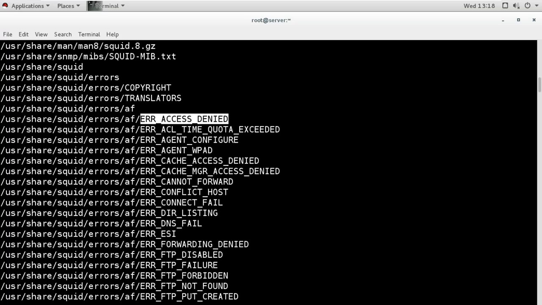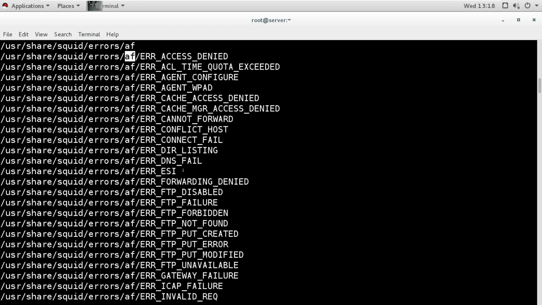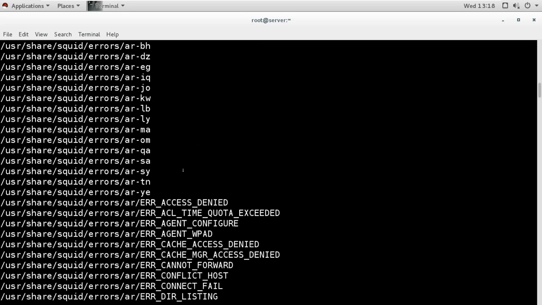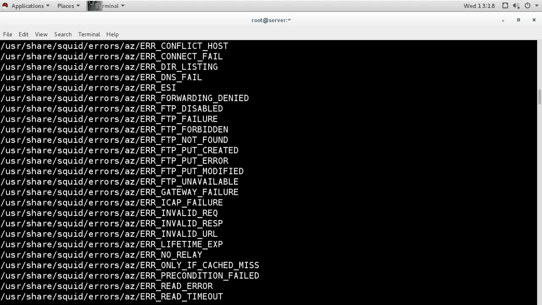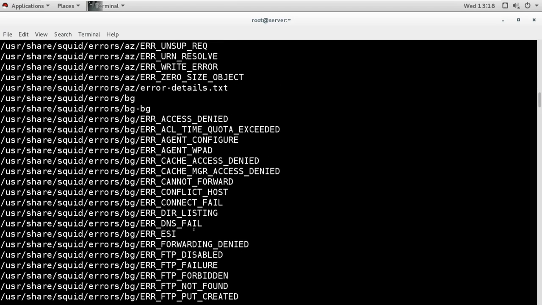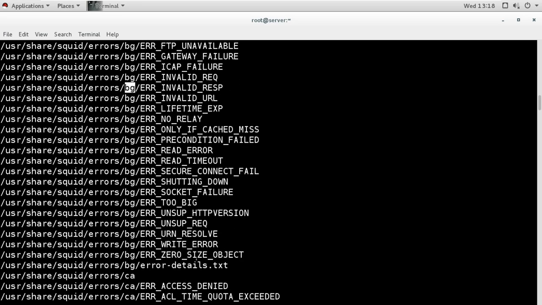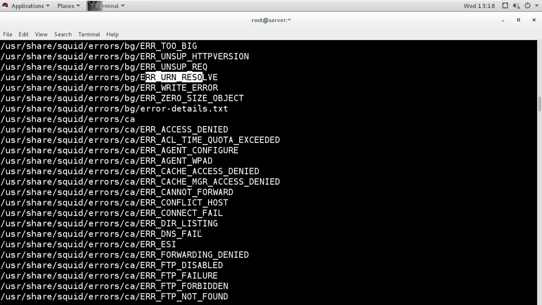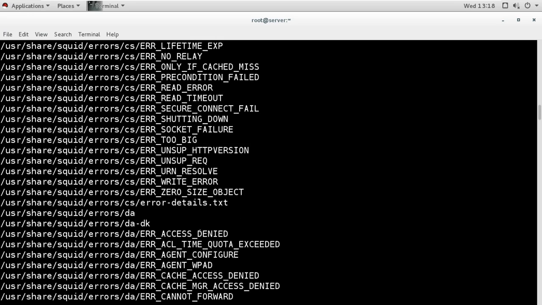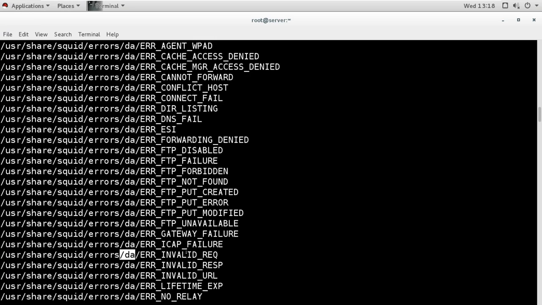Why? Because the error pages are in different languages. You can see this is a different language, then this is in a different language. Same errors but in different languages. Based on whatever language our system is configured with, it will show these errors in that language.